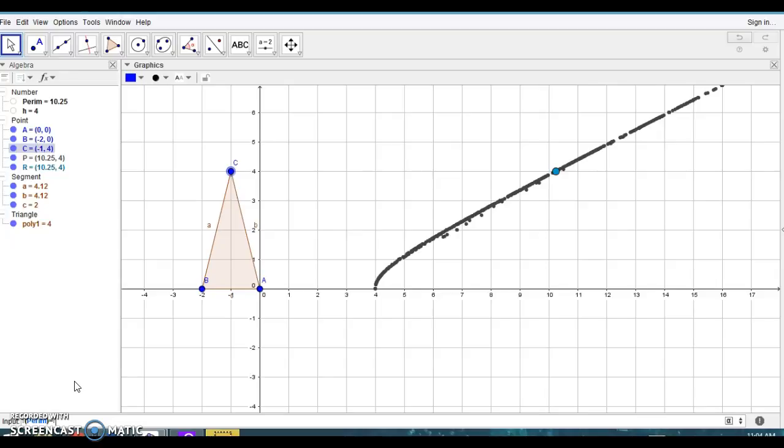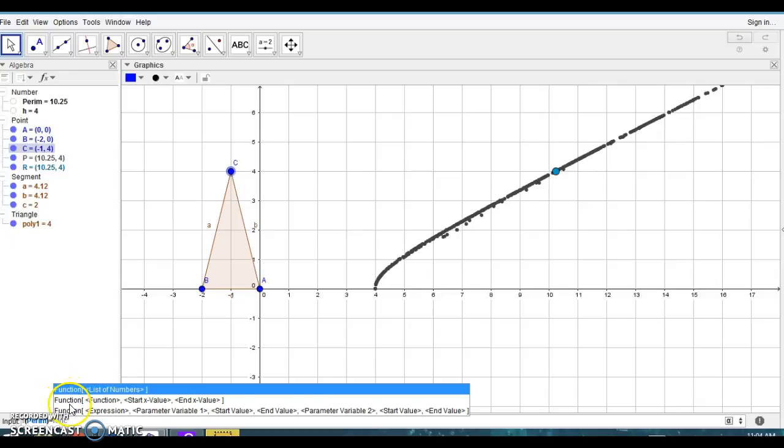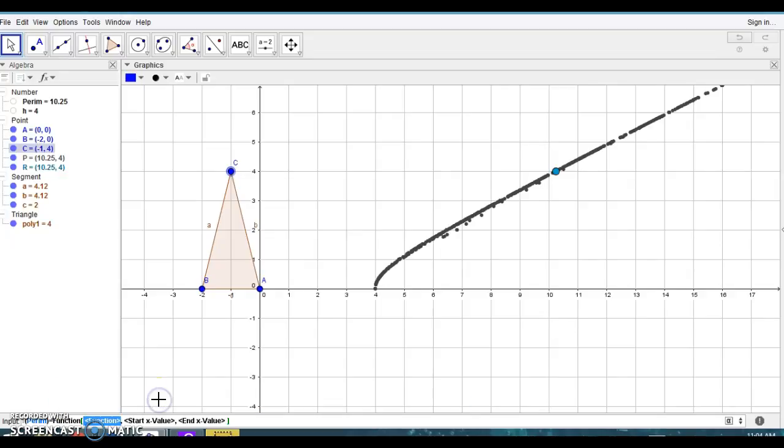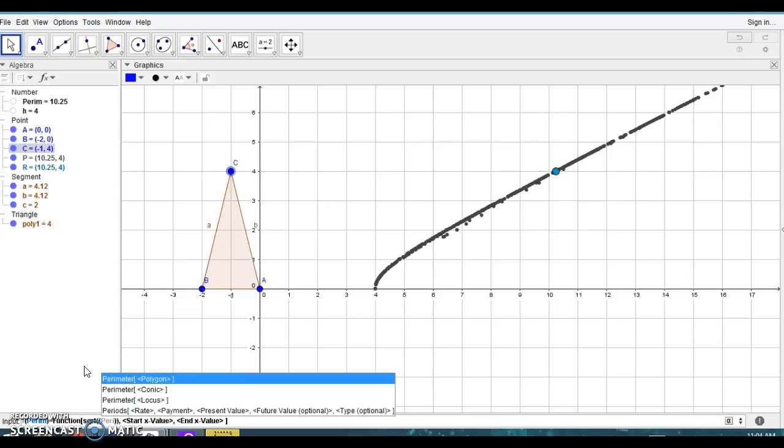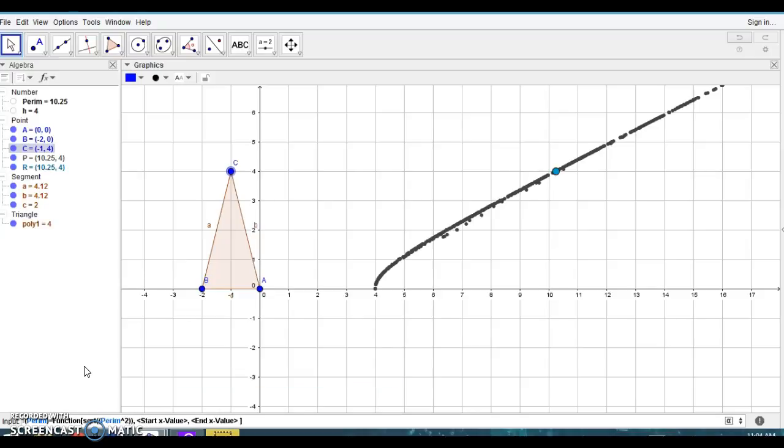Equals, and so I'm going to type in function. And we want to select this one, this function, because you can put the domain in there too with the start x value and end x value. So we don't end up getting two curves. So now I'm going to type in the function. So bear with me. Okay, so it's going to be square root of perim squared minus 2 times the perim